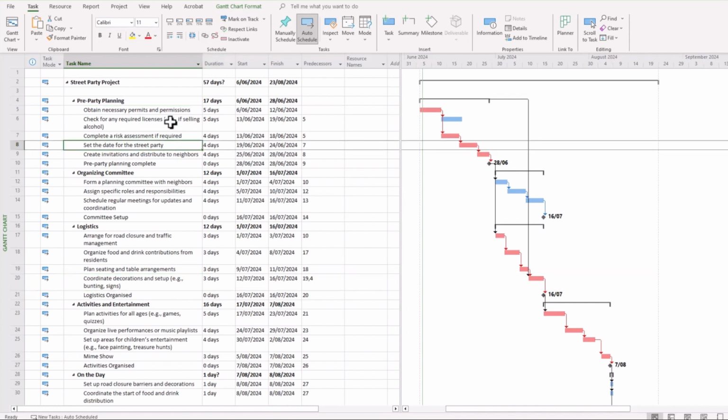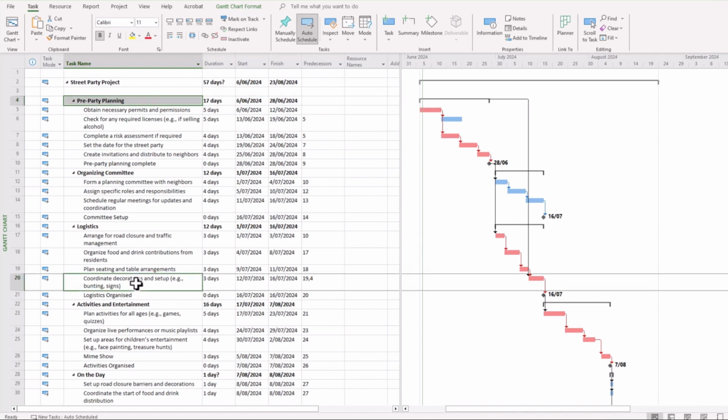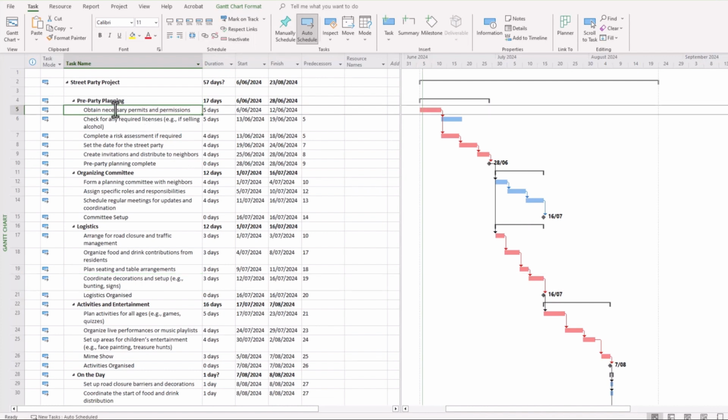And I'd strongly encourage you to not do that. So in order to keep your project schedule clean, simply ensure that the tasks underneath these particular summary task headings are linked, and leave the summary task headings alone in that regard.